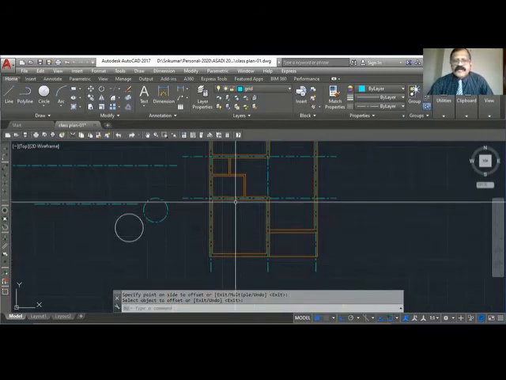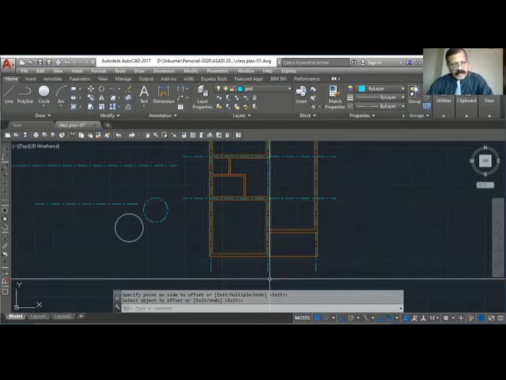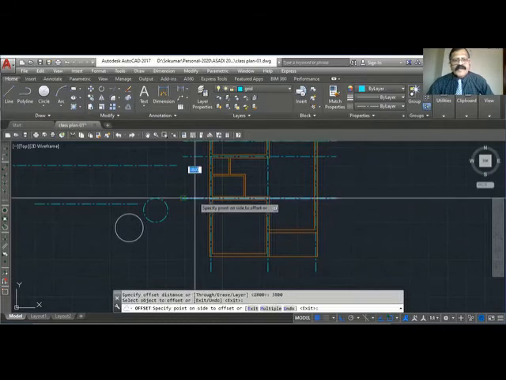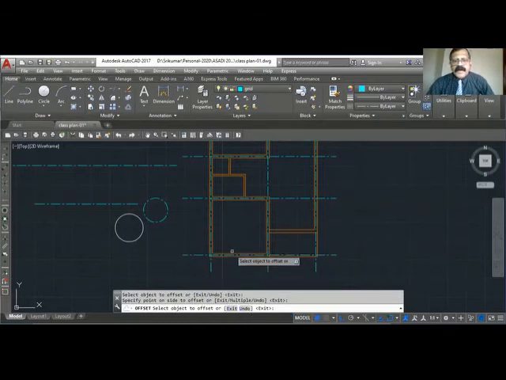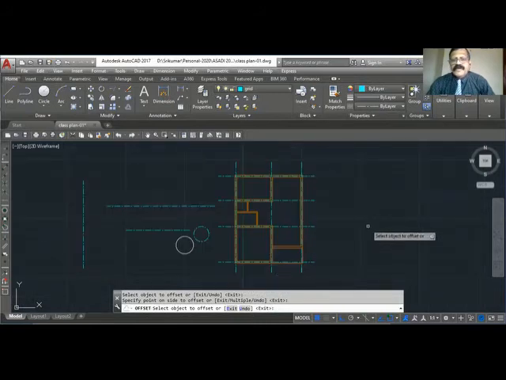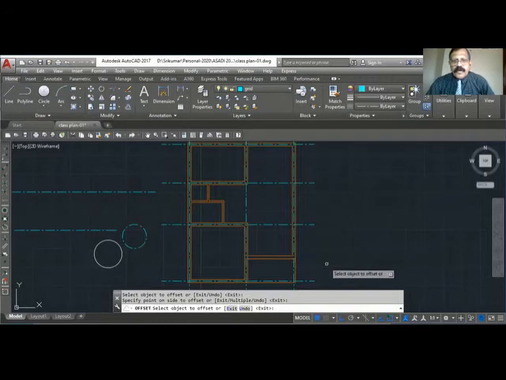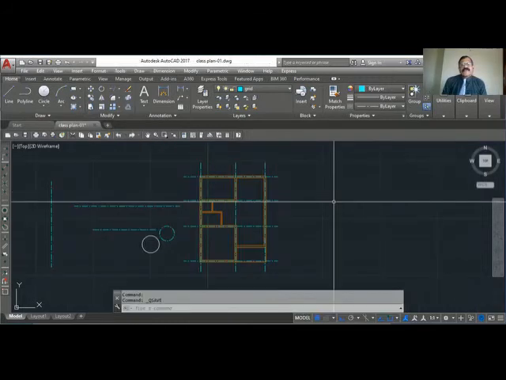And this is 3600, so I have to offset 3800. Because the wall is 20 centimeter, 100 this side, 100 this one. 200 wall, 100 from the center line, 200 this one, 200. You see, now I got the grid line, and here also I require it. The video will be more clear.